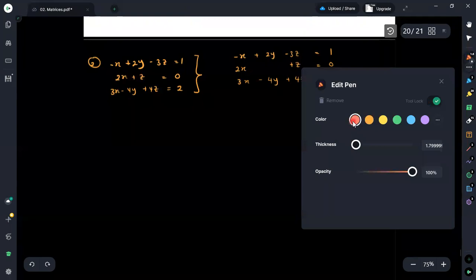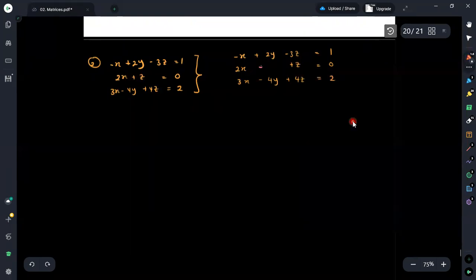For this missing value of y, I will say it as plus 0 times y. It does not do any harm, because if you multiply the coefficient by 0, we get the value 0. That is why we can keep it as a blank cell. We can use this value because it makes our calculation easy. Therefore, instead of keeping it as a blank, I will replace it with 0 times this variable.